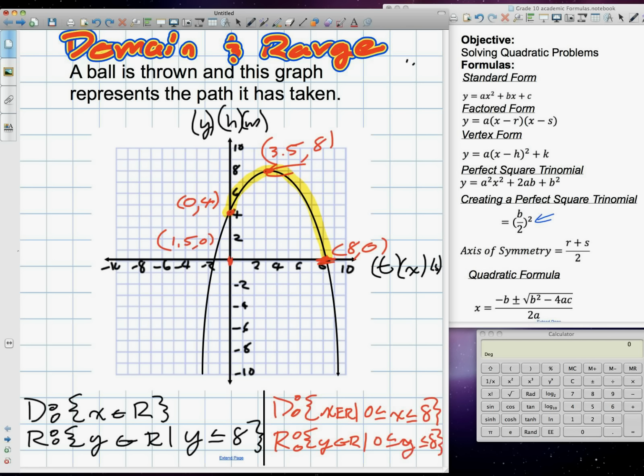But the point of this is so you can realize that if we're applying it to something in real life, we have to think about what actual path it will take. Now, the equation of this clearly goes on forever, but a ball's flight only exists from when I throw it to when it hits the ground. So there's going to be restrictions on the domain and range of the flight of this ball. So anytime you get a word problem like that and they ask you domain and range, you have to think about whether it's a rocket flying, a plane taking off and landing. It only exists in flight for certain points, and then it stops because it doesn't go through the ground, or it doesn't start flying -10 seconds before it starts. That doesn't make a lot